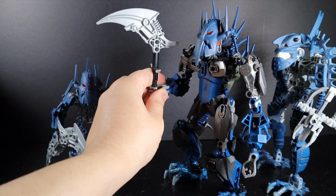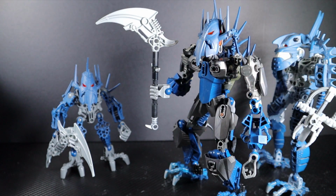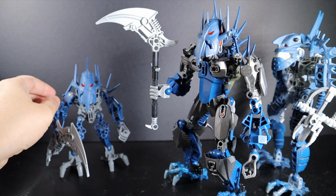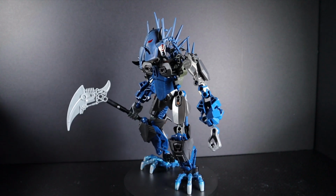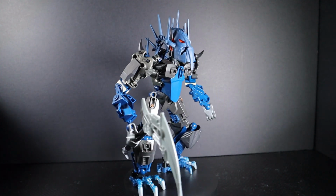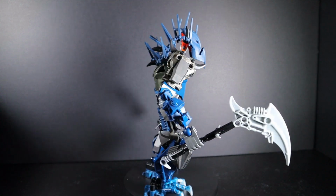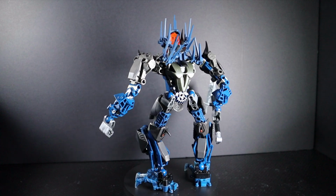It's basically the same size as the upper half of his body. And I tried to keep the crescent look going because it's called a crescent blade. So I tried a backwards C, I guess. I mean, it kind of works here, but there's probably better pieces I could have used. This was my second attempt at a Bionicle Stars revamp, actually. Not particularly my favorite, though. I think there's stuff I can improve on, but on to the next one,